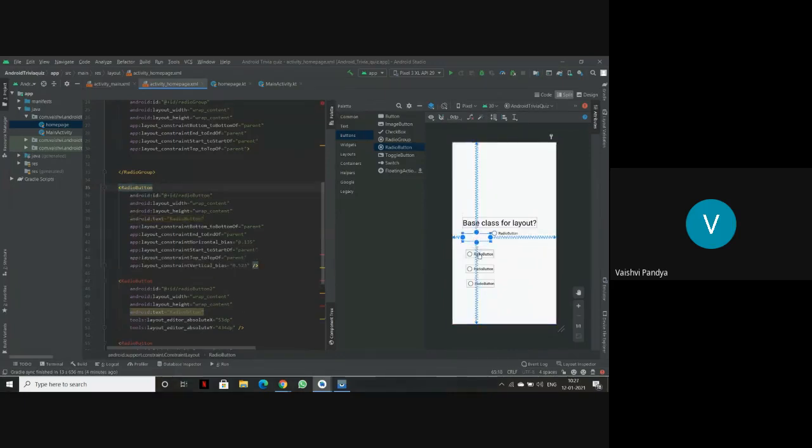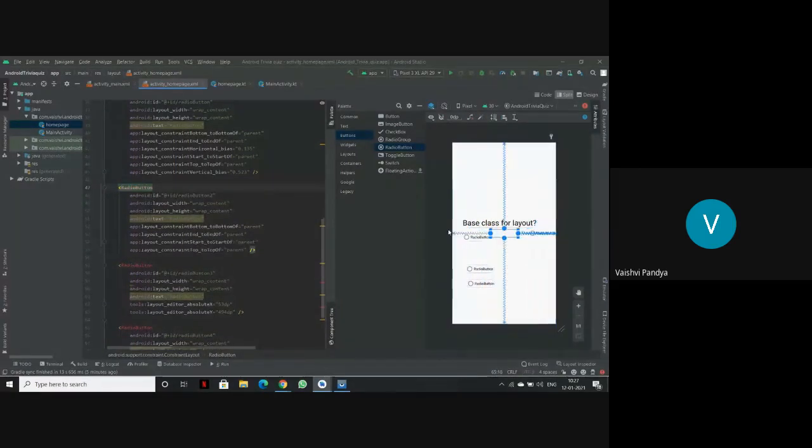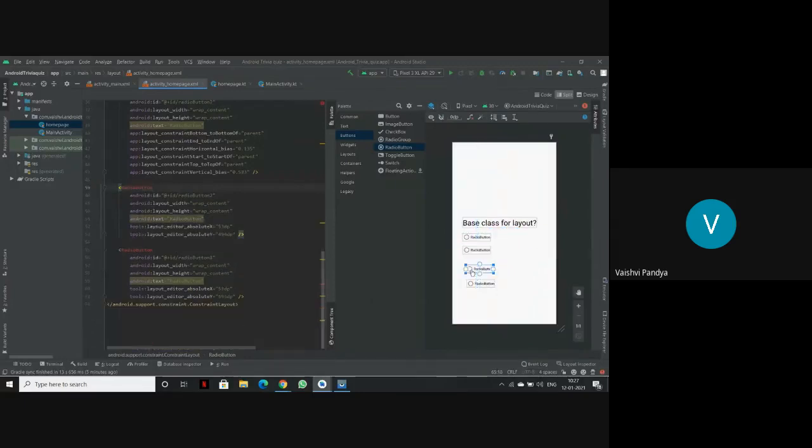The other way to do this is, once you constrain one, you can always copy paste, the same as we have done with the text view. It will be much easier. Now it will depend on you how you want your things to run. If you want to increase your task, you can do this, or you can just copy paste the radio button and just change the text view whenever and however you like.